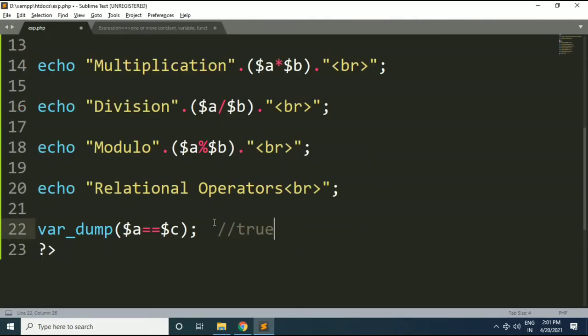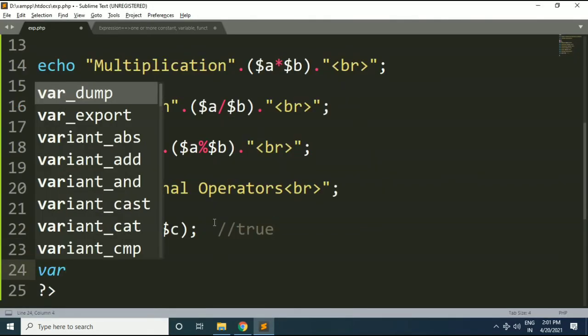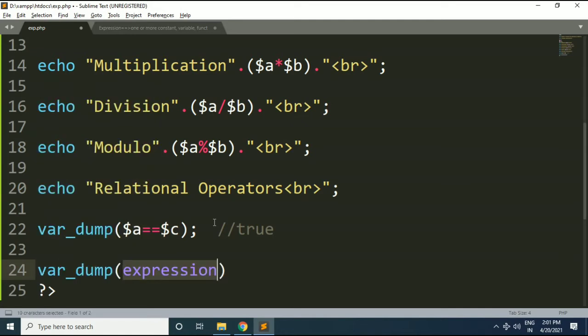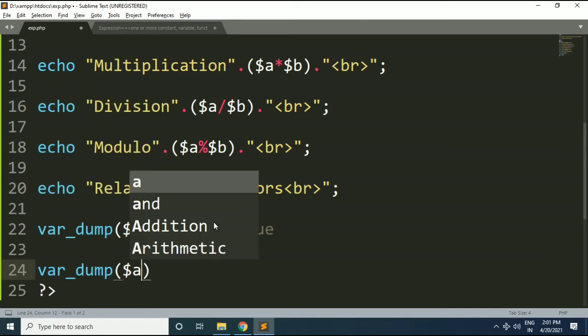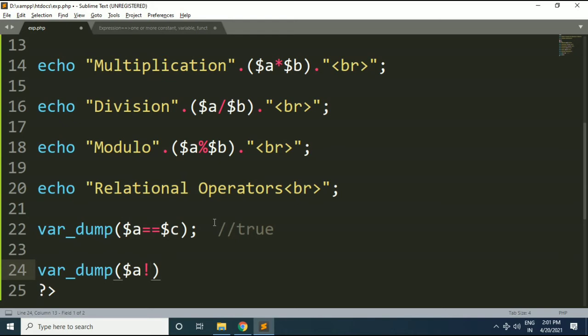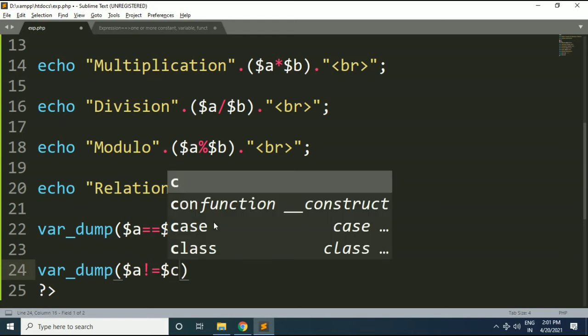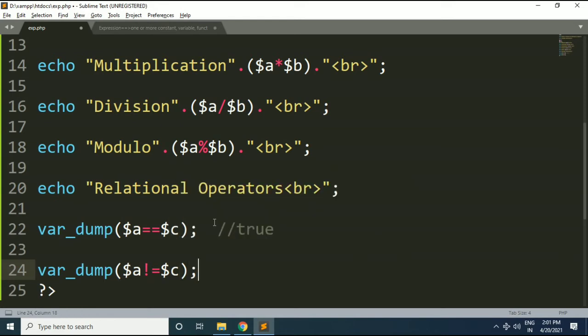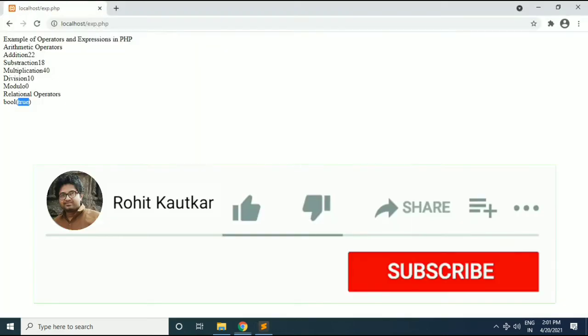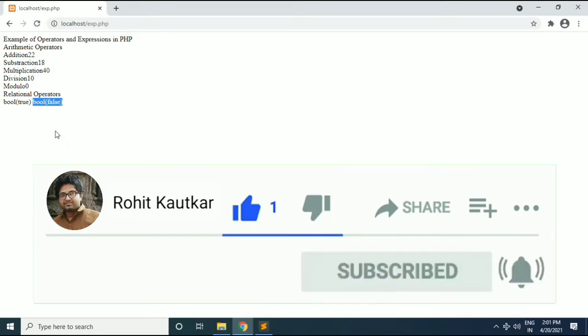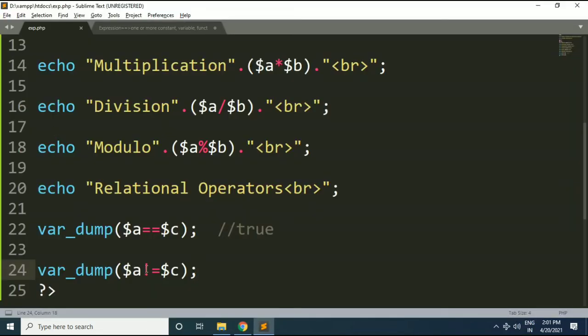Now in the next statement I will use var_dump again, and write the expression $A is not equal to $C; with a semicolon. I will save this. It is false, because not equal to returns true only when both operands are not equal to each other.